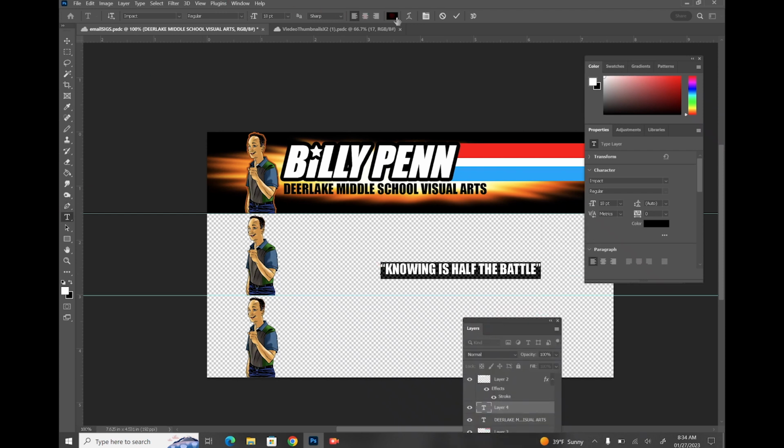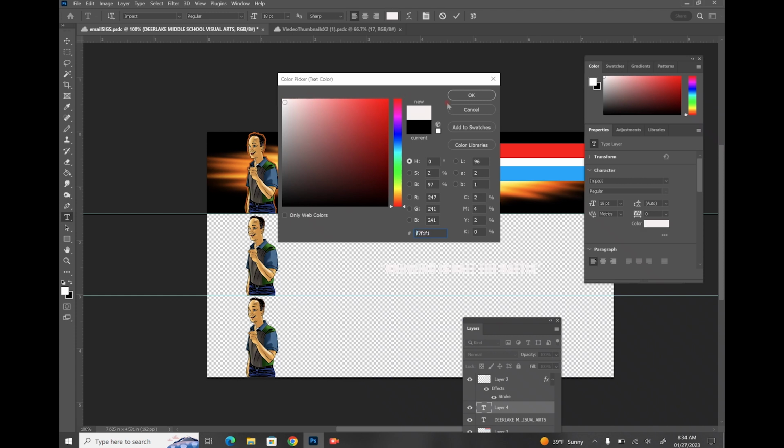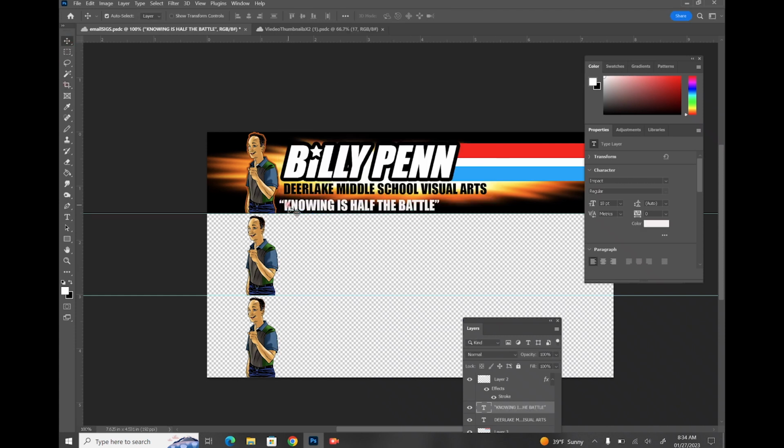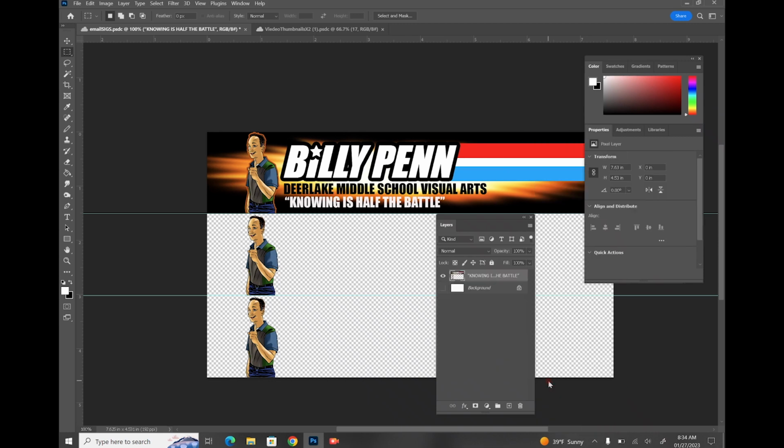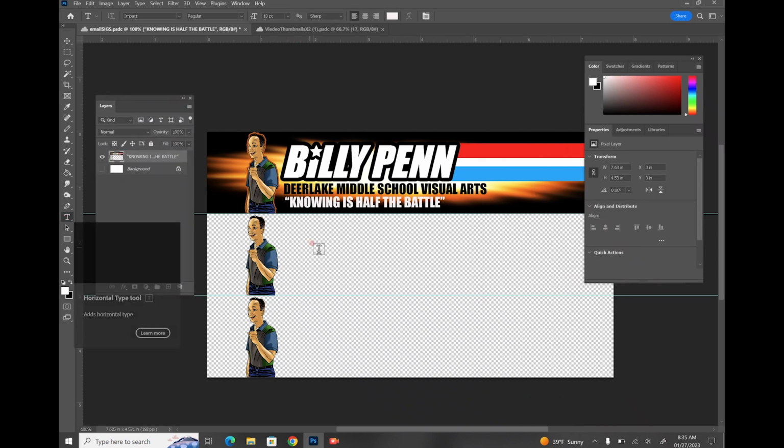Highlight that. I know I'm going to have to make this white just so it shows up. That is one of my email signatures. Just because I like to keep my things orderly, I'm going to go merge visible. Okay. Another one of my email signatures